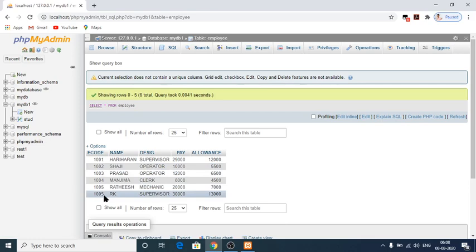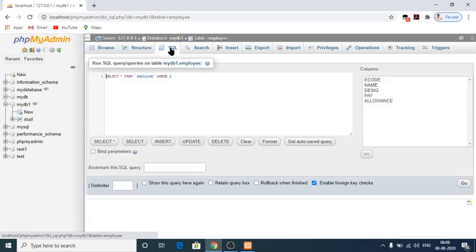If you have set your E code as your primary key, it will not happen here, because I didn't set any primary key for my table. That's why two duplicate values are there. If I had set E code as my primary key for my table, that would not happen. That is the difference between a table without and with a primary key. Okay, so let me execute some other statements for your reference.